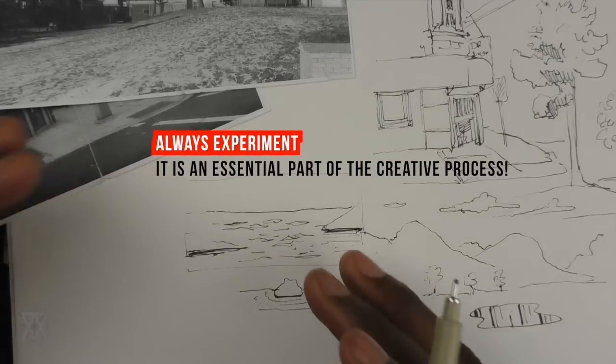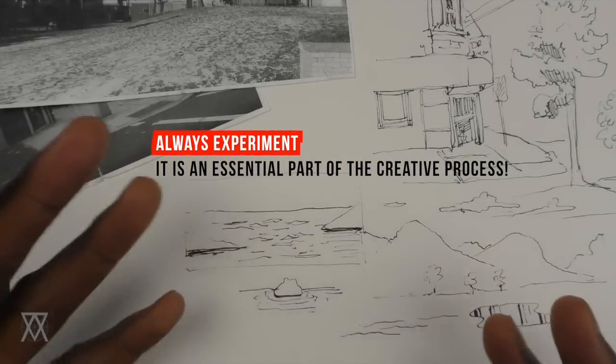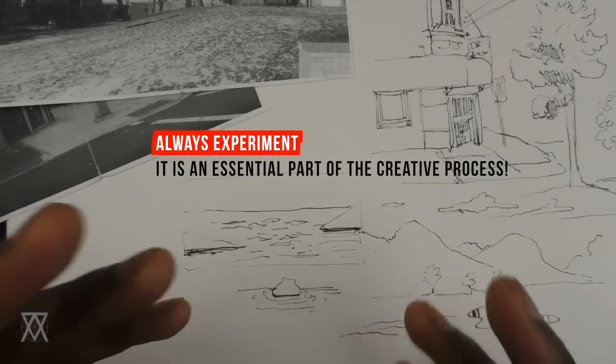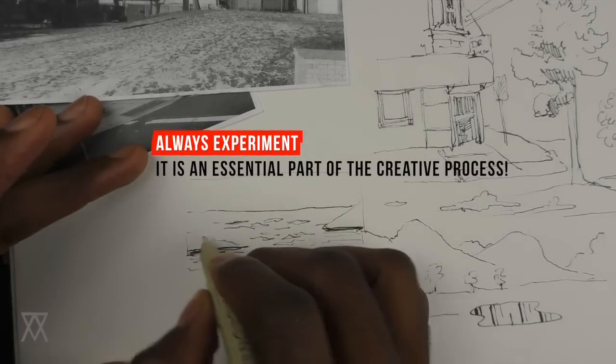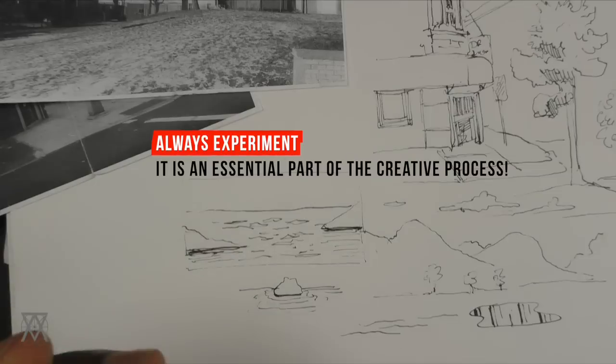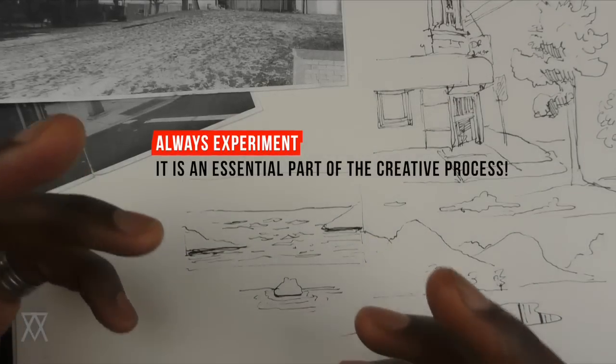Before you learned how to draw the nose, where did you learn how to draw the nose? Where did you practice drawing? Or were you just born with this ability? So practice doing this stuff in simple ways, trying to find a visual language that can be your